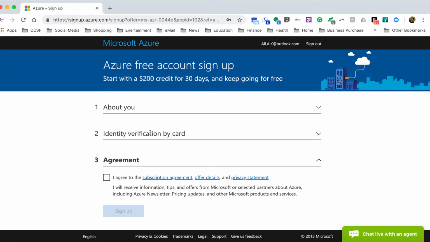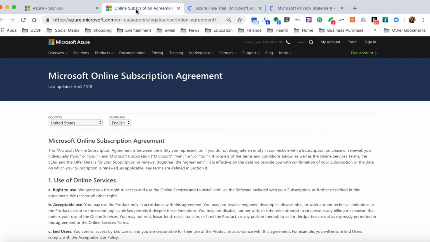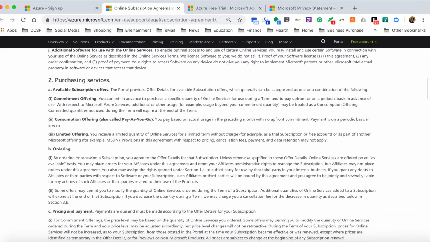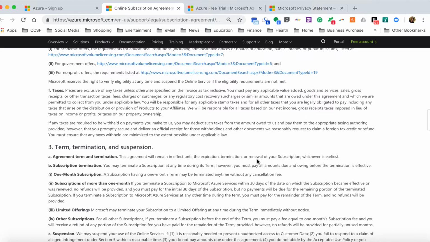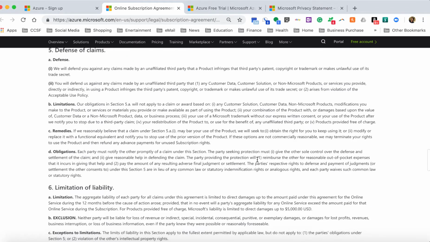Okay, so I entered my credit card information and clicked on next down there, which brings me to the license agreement. It is always recommended to look at the subscription agreements, offer details, and privacy statement before you move forward. So this is going to be a long document to study. I strongly recommend everyone to go through this because Azure is a new tool, new power, new connections to almost